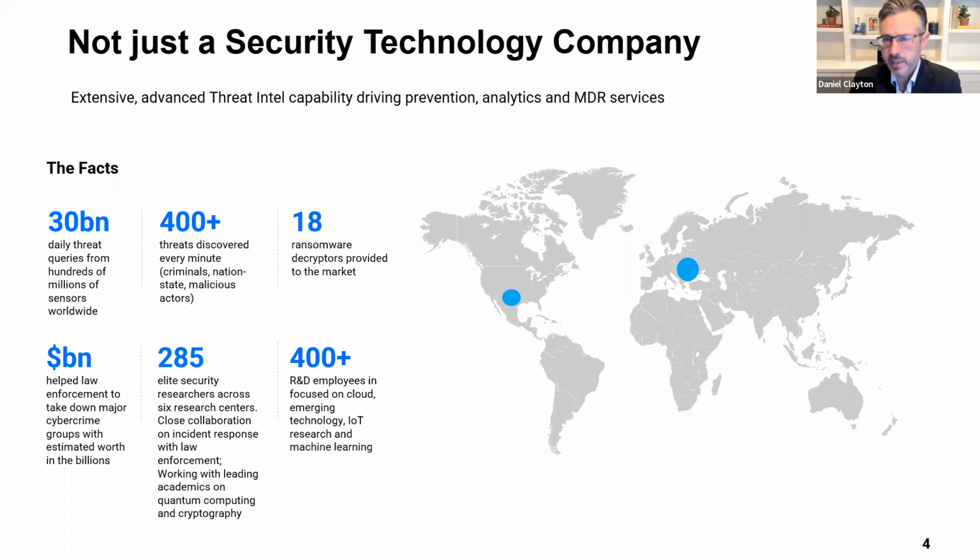So I've started to allude to it there, right? But Bitdefender is no longer just a security technology company, and you can argue that we never have been, even though it's really how we've built a reputation and how we've been known. But some of the hidden value of Bitdefender as a company is that I mentioned that we have this connection to innovation. And that's really very clear to see when you look at the fact that in a 1,700-man company,